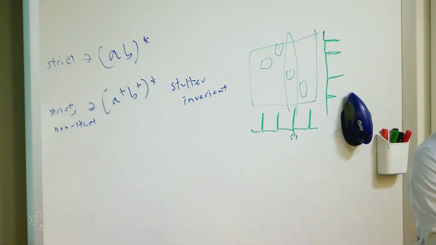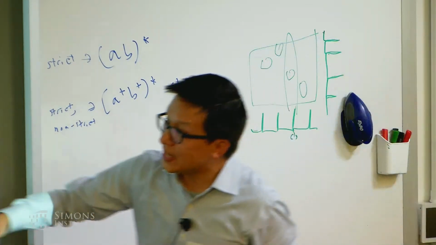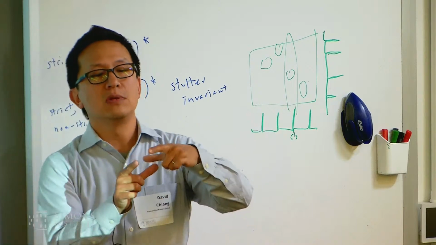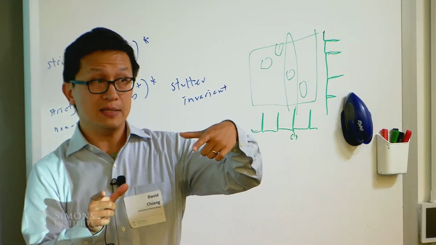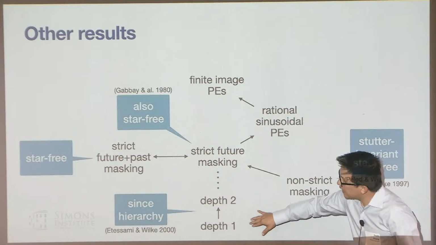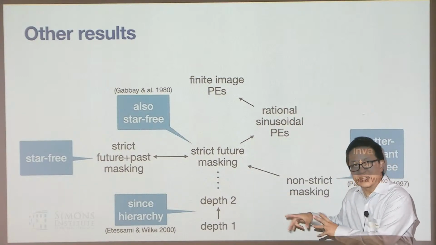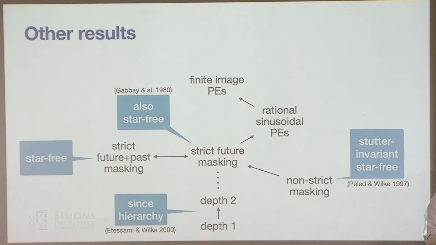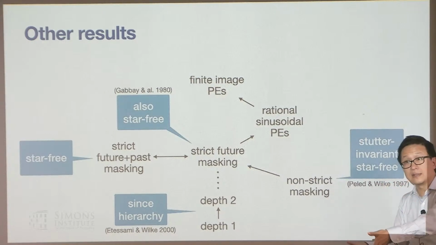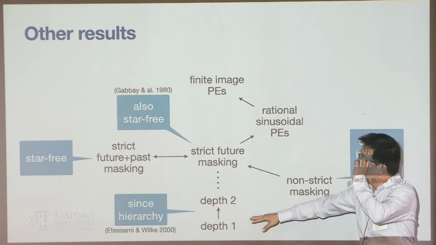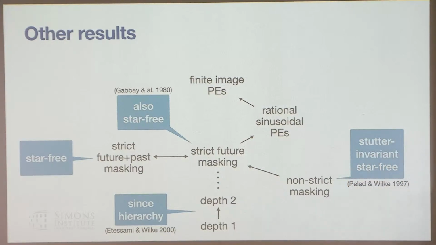Okay, should I make more blue boxes? Okay, so in 2000, there was a paper on the since hierarchy. If you consider LTL formulas and you look at the depth to which the sinces are embedded, this creates a hierarchy of languages, each one more expressive than the previous one. And that corresponds exactly. If we do the construction that I just showed you very carefully, it preserves depth. So the depth of the transformer corresponds to the since depth of the formula. So the fact that that's a non-collapsing hierarchy in LTL means that you have a non-collapsing hierarchy on the transformer side. So this says that for unique hard attention transformers, adding more depth always increases expressive power.